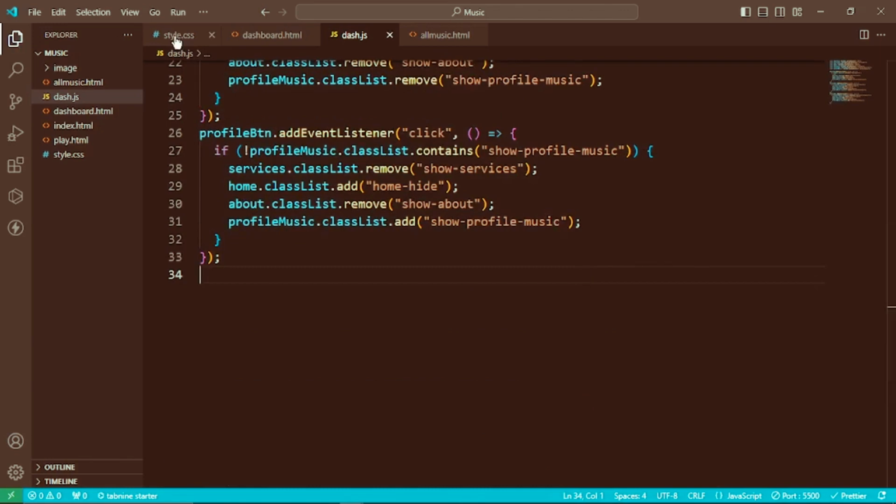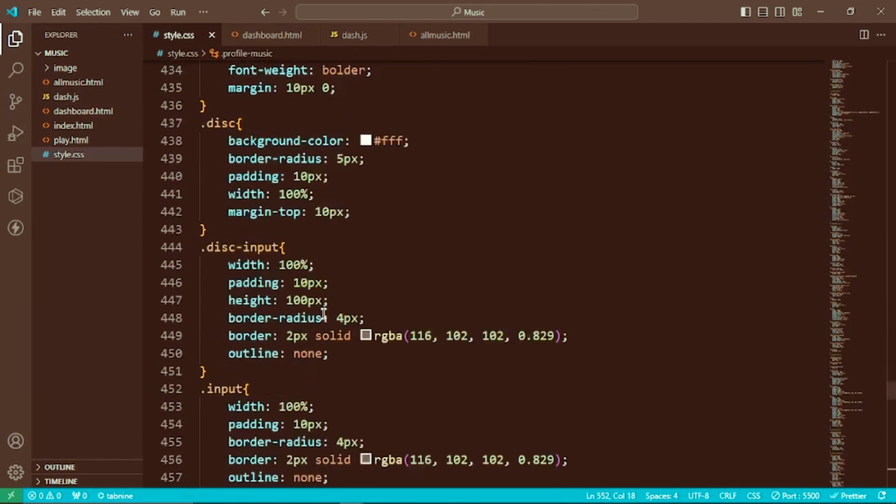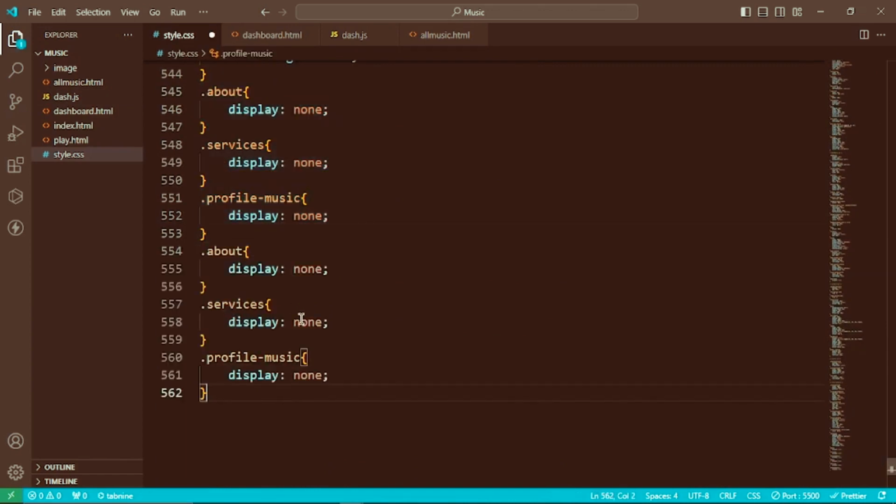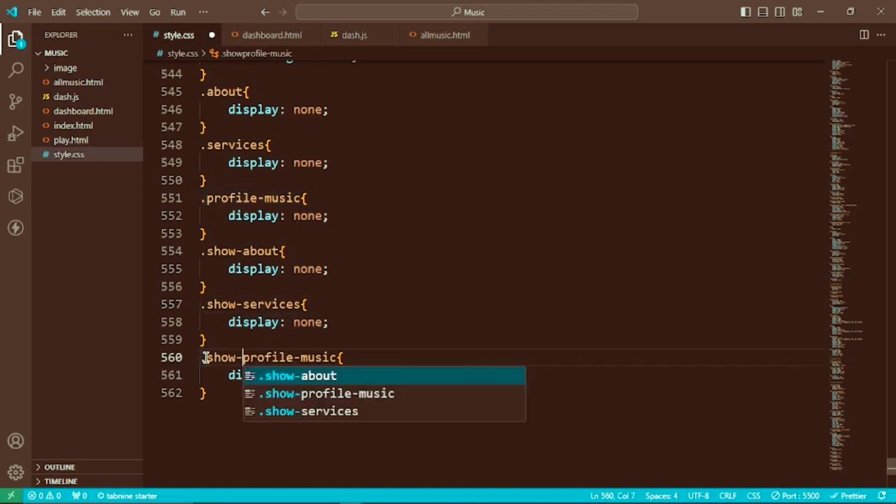In our CSS, in order for us to display all those ones, we have to give them a display of block also. I'm going to come down here and paste this one here. So this one is going to be the class of show about. I'm just going to make it like this, show about, and then here I'm going to say class of show-service, and then class of show-this one. So I'm going to save this file